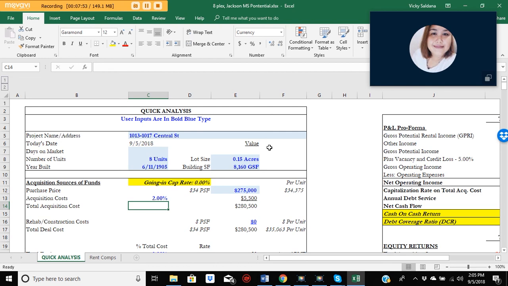There are two different ways of buying multifamily. Do you buy for future value, or do you buy for returns now? So this is one that